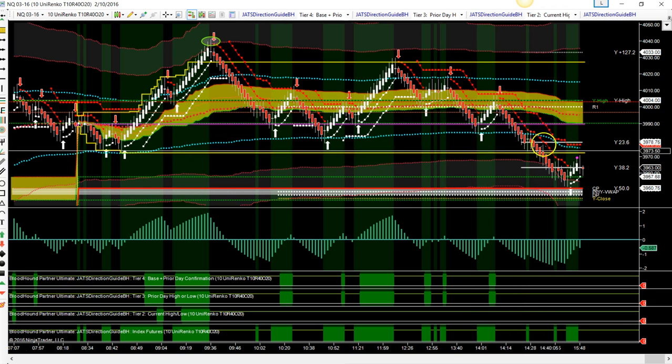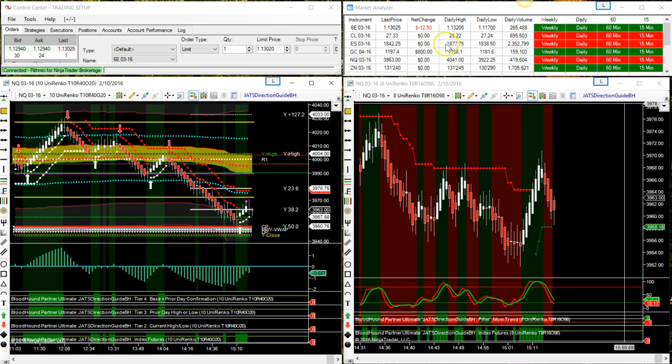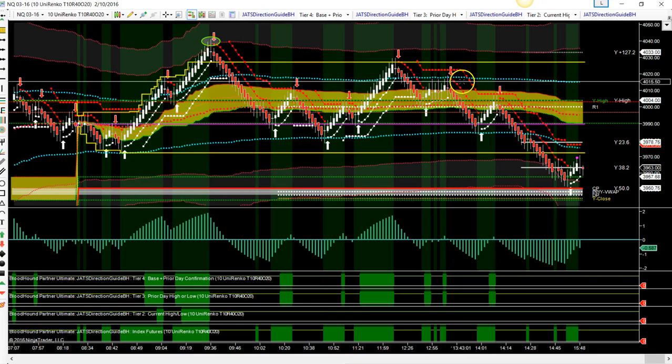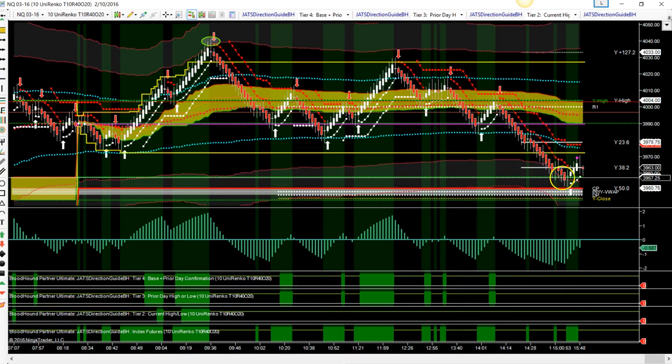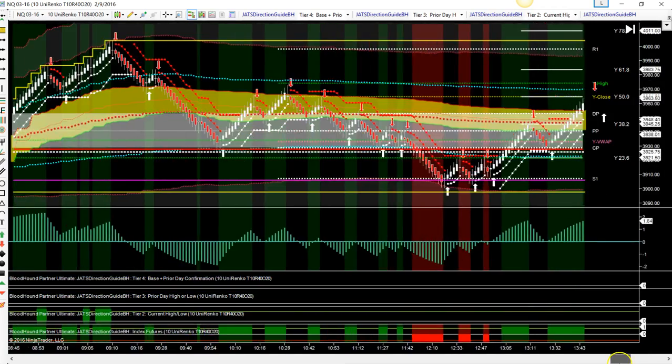So just stay out of the market. If you want to trade, then trade your weekly, daily, and then wait for your super trend to set up, as well as your candles to set up selling short like it was in the afternoon. Once we get below the yesterday close, then of course we're going to get back into the red with our